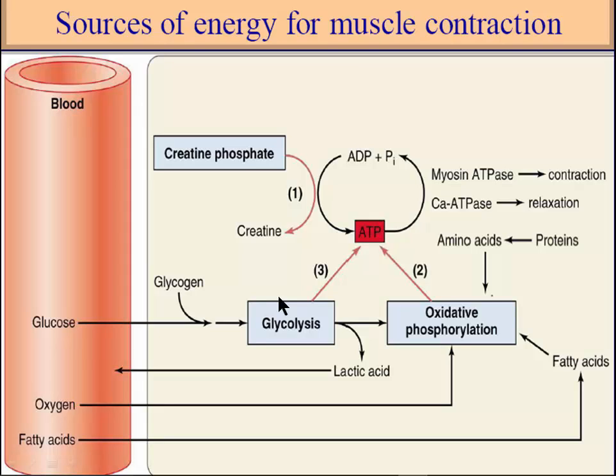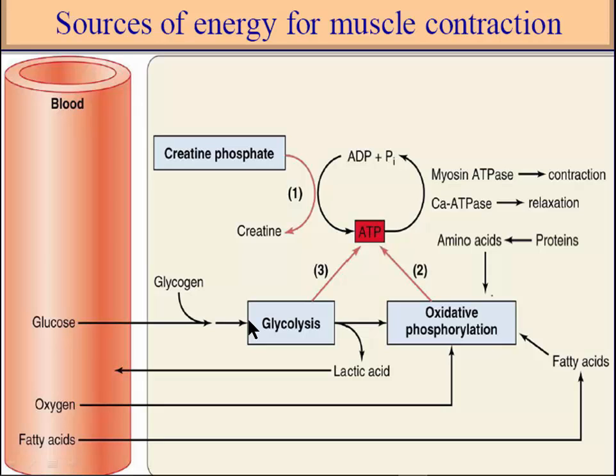The glycolysis process has 2 advantages. First, it is a fast process. If we compare glycolysis to oxidative phosphorylation, oxidative phosphorylation needs a very long time, but glycolysis is very fast and it occurs quickly. So we have glycogen. This glycogen will give us glucose 6-phosphate. This glucose 6-phosphate will be used by glycolysis to generate energy very quickly, but